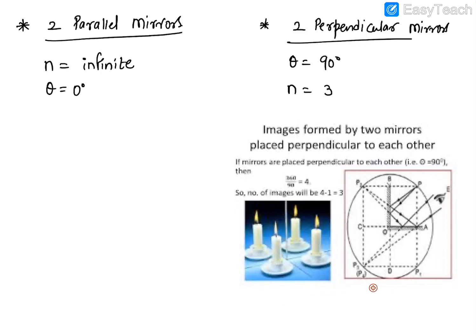Now in this figure on the right side, I have shown the formation of the image. See how it starts. First, this is the object P. One of the images of the object P will be through this mirror, which will go here, P2. Another image will be perpendicular through this mirror, that is P1. And the third image, if you start from here, you draw a line through this diagonal, it will come here, P3.